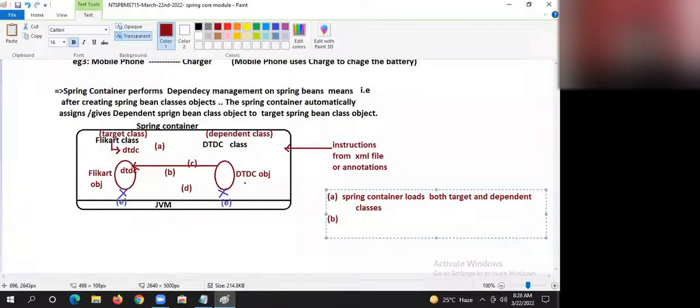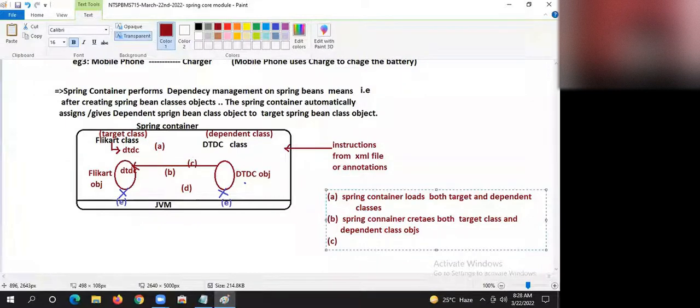B, Spring container creates both target and dependent class objects.